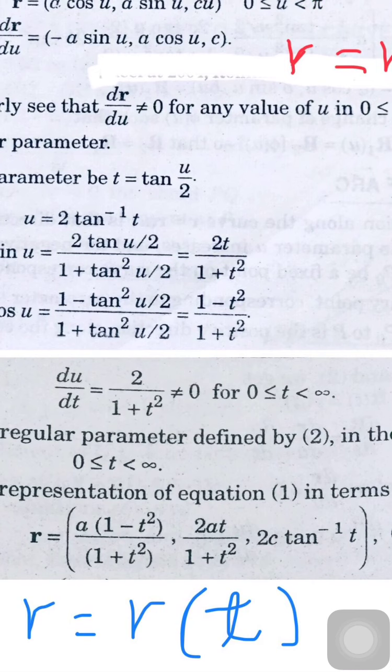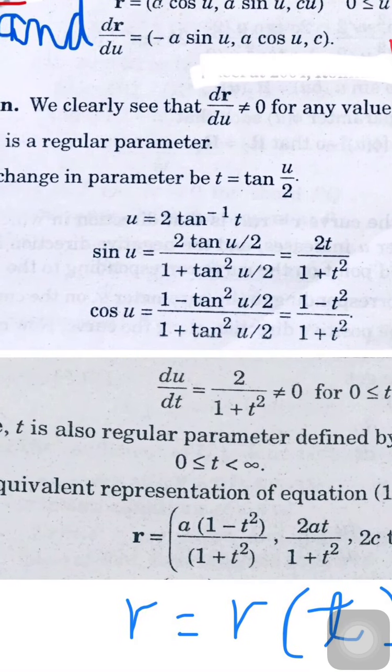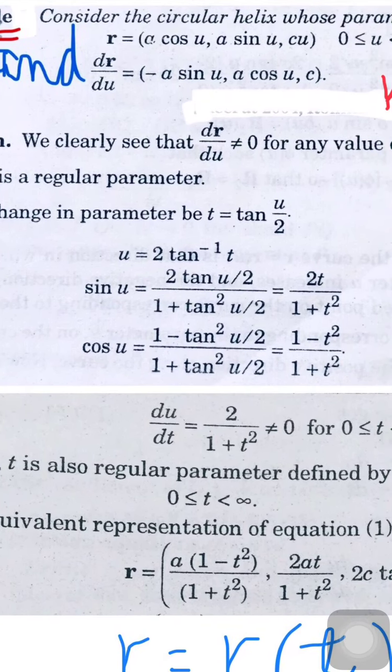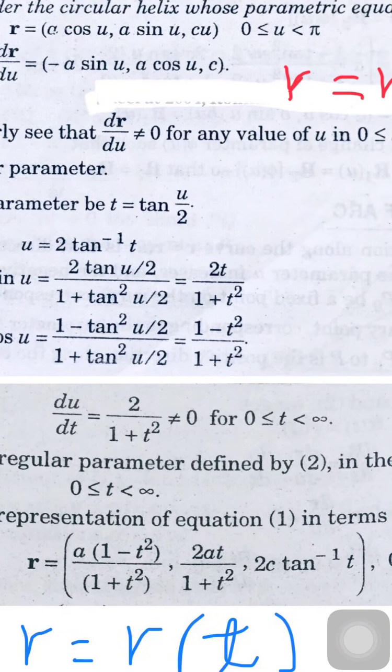So du by dt is again a regular parameter, and when du by dt is a regular parameter, we can substitute r equals, in place of a cos u, 1 minus t square upon 1 plus t square, so r equals a into this,